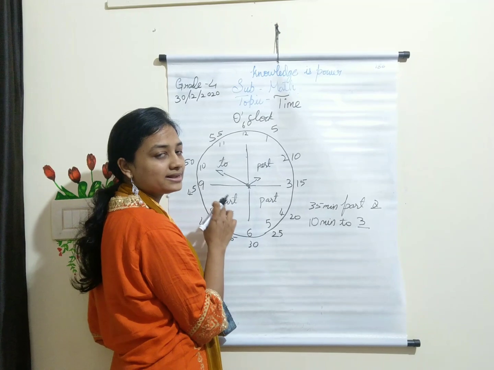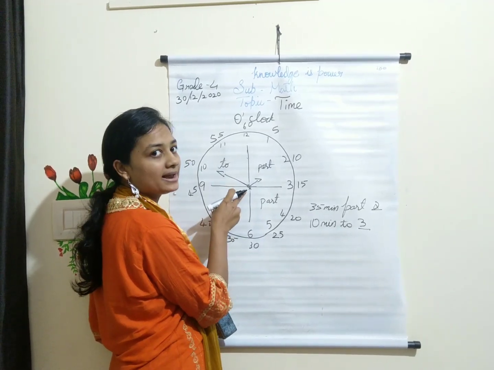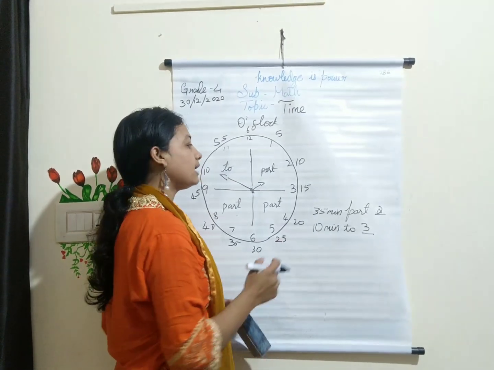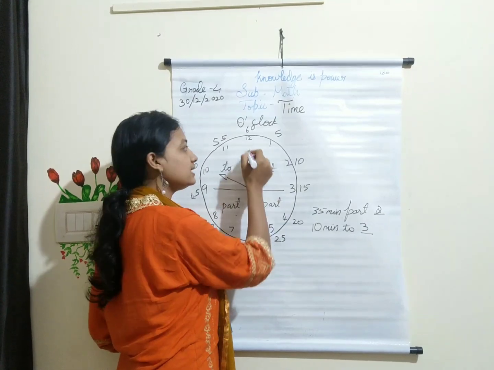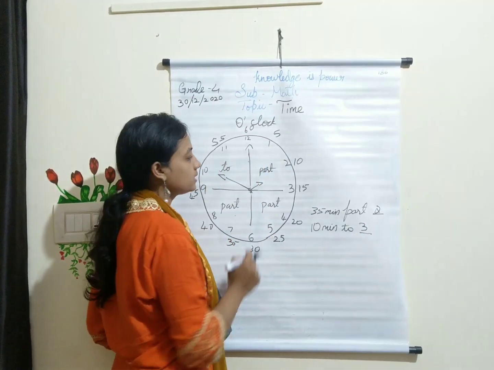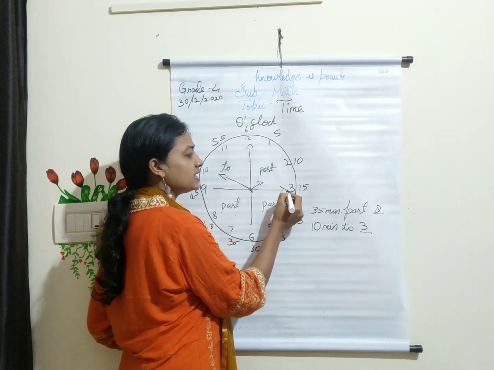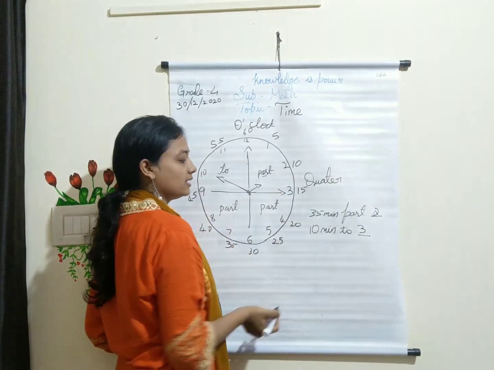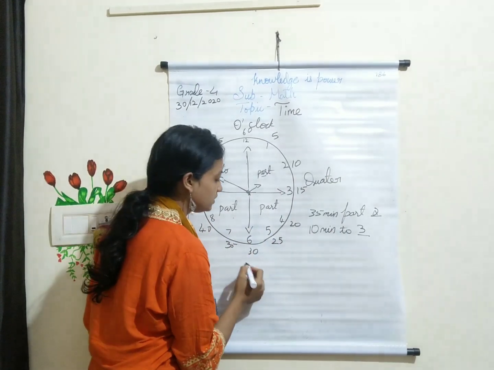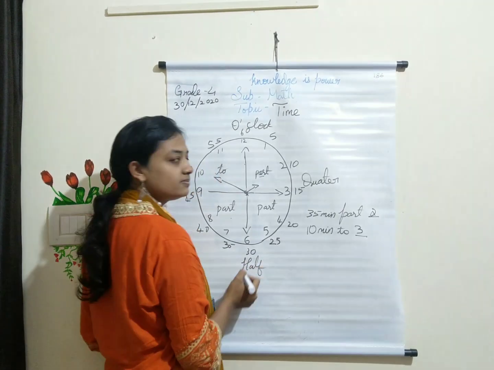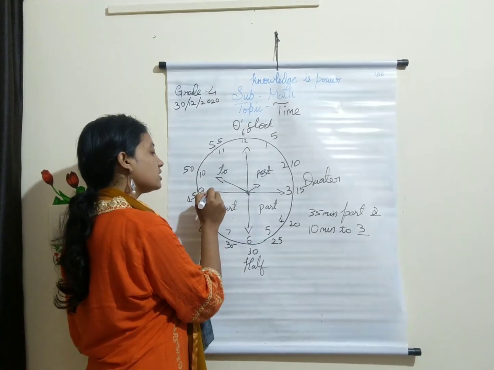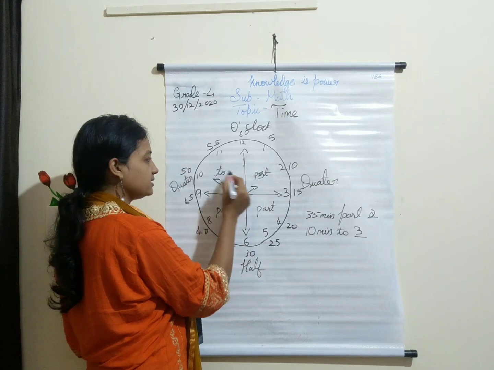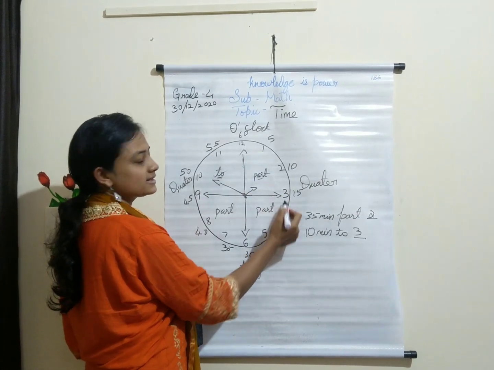So this is how you say the time when the bigger hand is shown in the 4th part. Okay. And this is how you say it in words. And another important thing is, when my hand is at 12 exactly, you say o'clock. Similarly, when my big hand is exactly at 3, we say quarter past. When it is at 6, you say half past. Similarly, when it is at 9, again I say quarter, and I don't use past, I use to. Quarter to the next number.